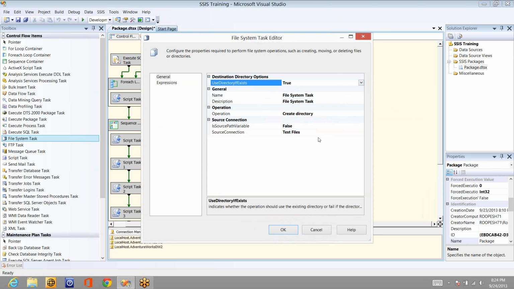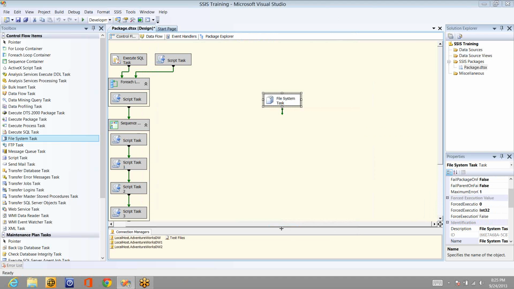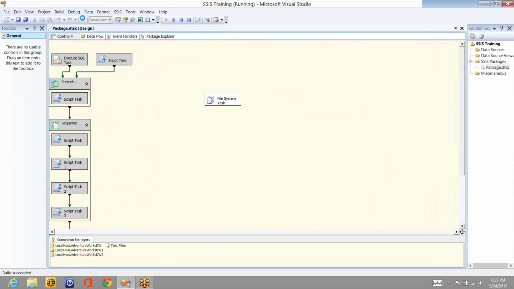Else, that create directory will fail. If there is already a directory and you try to create a new directory again, it will throw an error saying that the directory already exists. That's the error message it was showing. Now let me execute this. I've executed, and